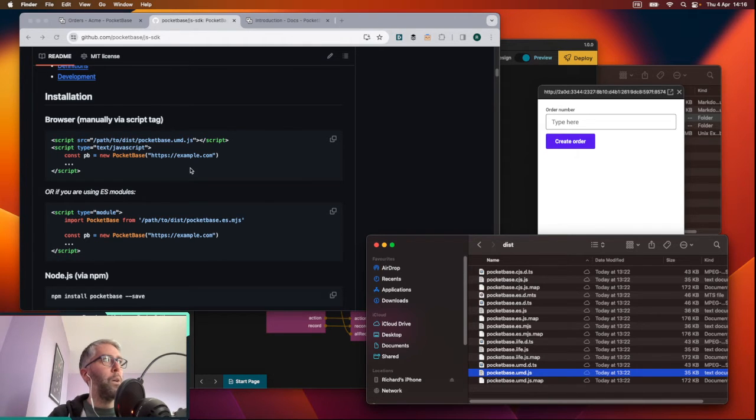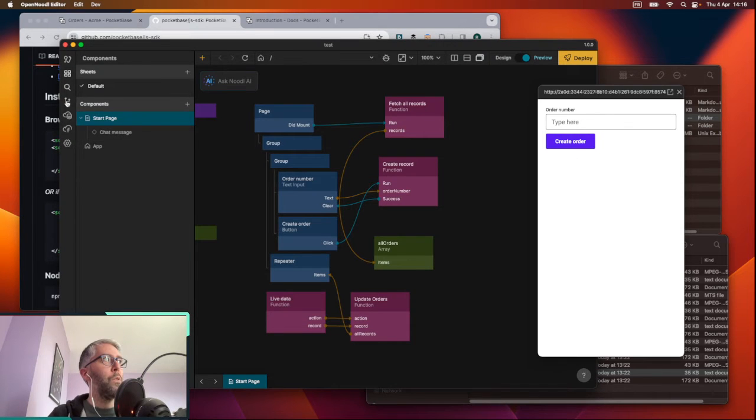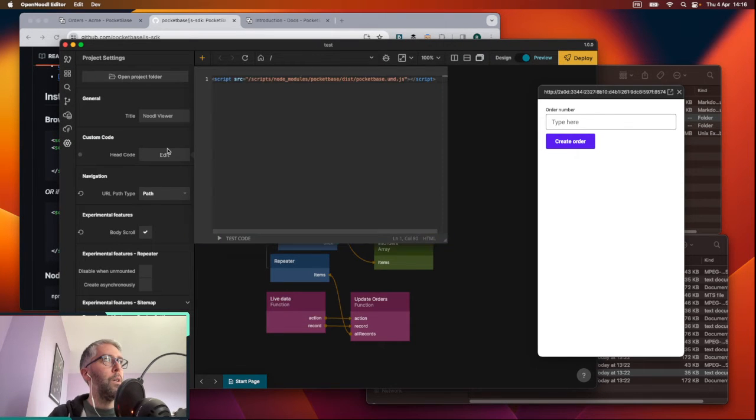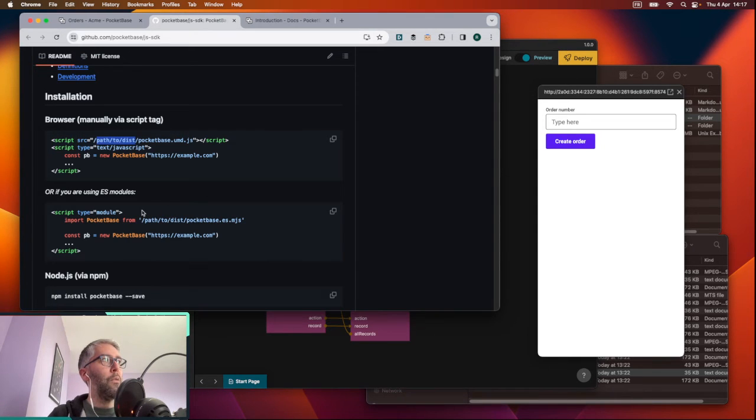So how do we do that? You copy what they've done here, script src equals, and then you do the path. So this is a relative path. So if you look in my head code in my project, it's /scripts/node_modules/pocketbase/dist/pocketbase.umd.js. So that loads that JavaScript file into your project as soon as the page loads, because it's in the head script. And then it means that within your app, you're going to be allowed to run any of these